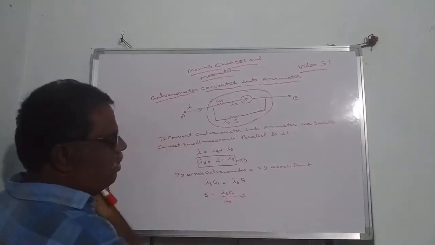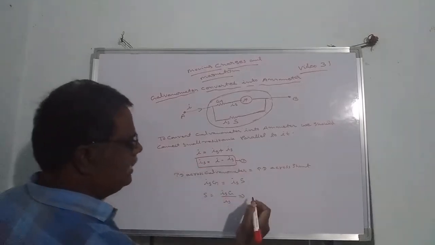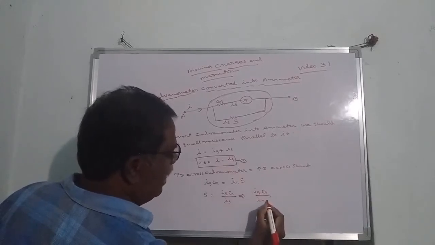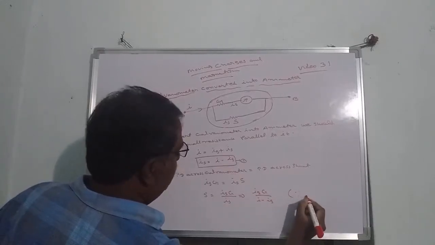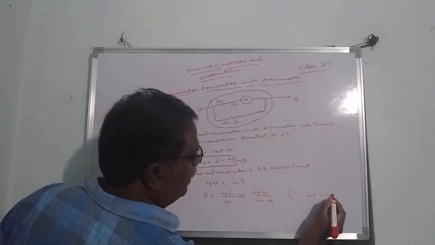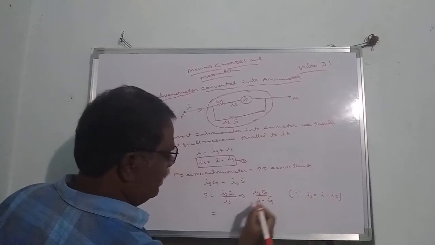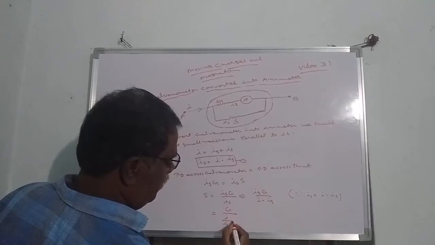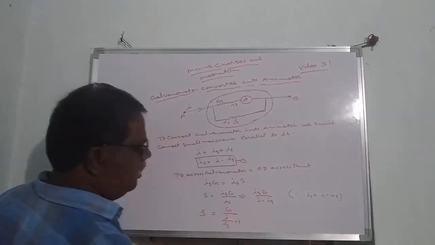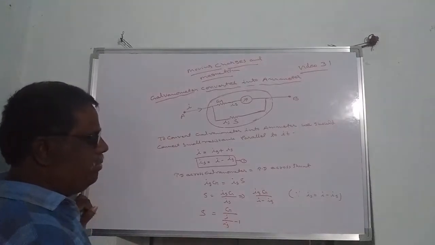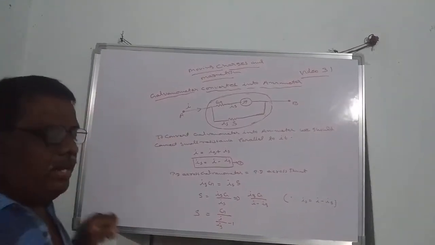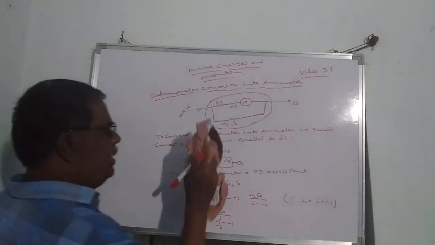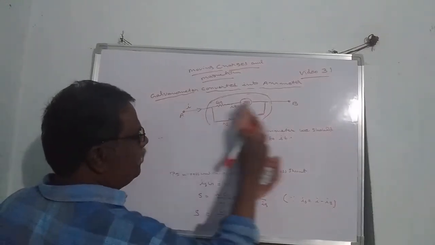But from equation 1, what is the value of Is? I minus Ig. Then write it here: Ig G by Is, where the value from the equation will be I minus Ig, since Is is equal to I minus Ig. On the other hand, this can be written as G by (I by Ig minus 1). But the ratio between total current and galvanometer current, total current to galvanometer current, should be denoted with N, small n.